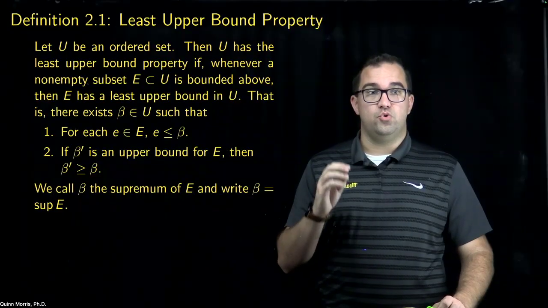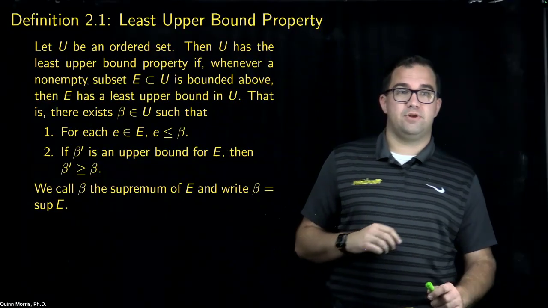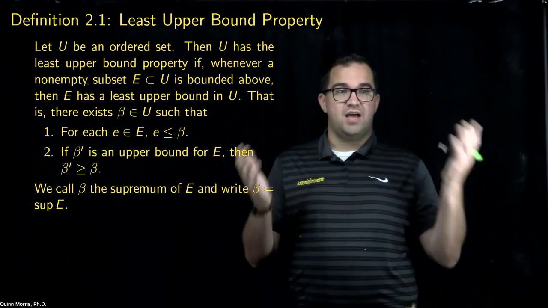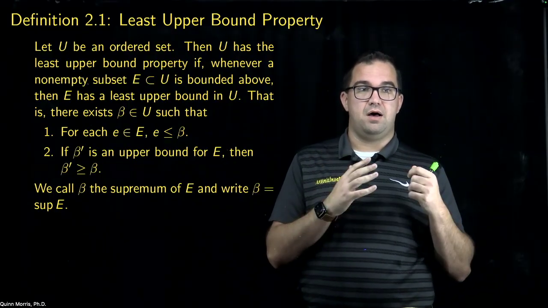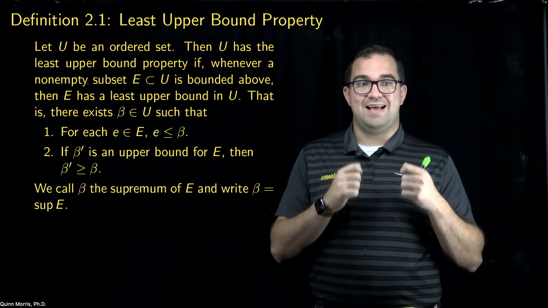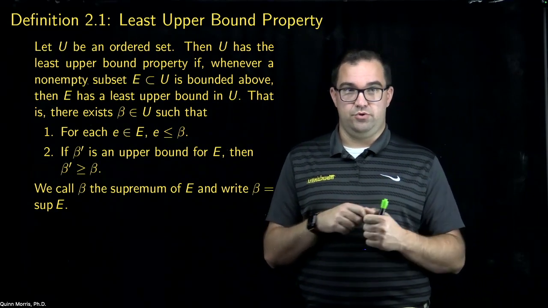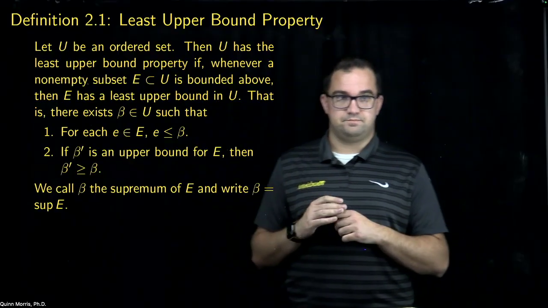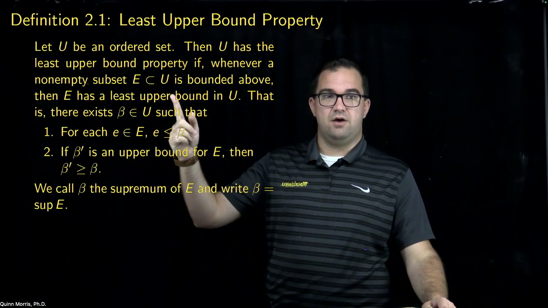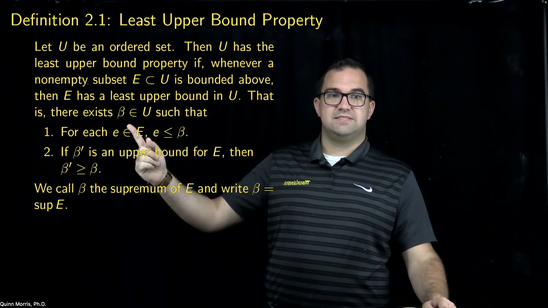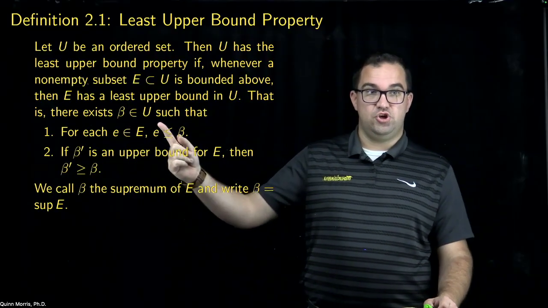I'll say that U has the least upper bound property if anytime I take a non-empty subset of U that's bounded above, then that set has a least upper bound in U. Said another way, for any non-empty subset E of U, there exists some beta in U such that